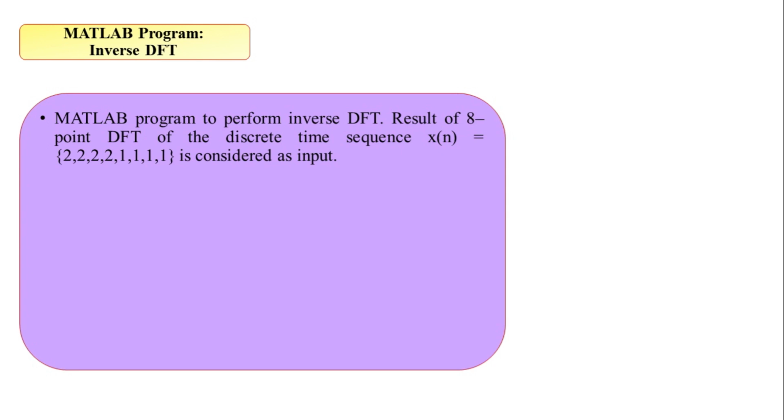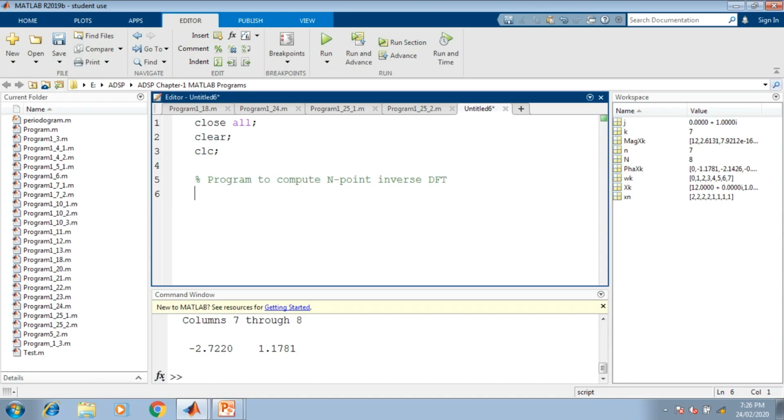In the very previous video, the last topic, we worked with the forward n-point discrete Fourier transformation and also sketched the corresponding magnitude and phase spectrum. Thereupon we had two tasks, the 16-point DFT and the 8-point DFT. For the 8-point DFT, we had the same signal, and we found the DFT coefficients for it. Those we have to consider here as the inputs. With this knowledge, let us switch to the MATLAB environment.